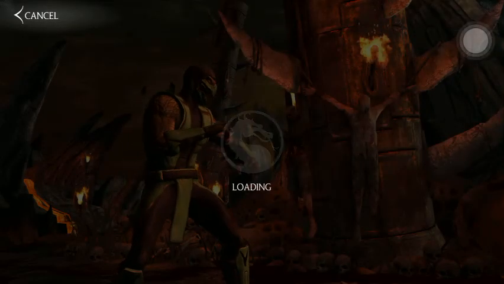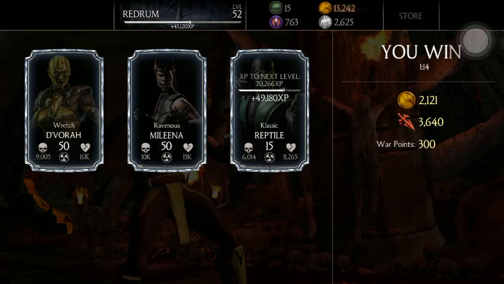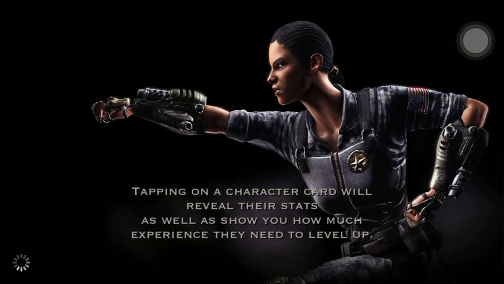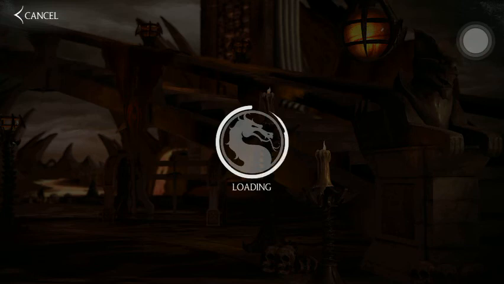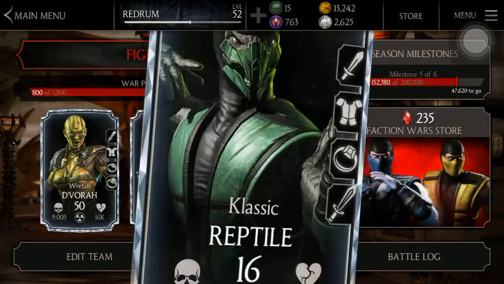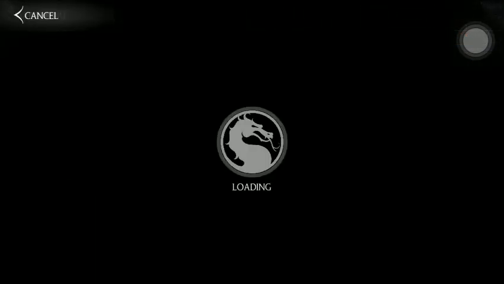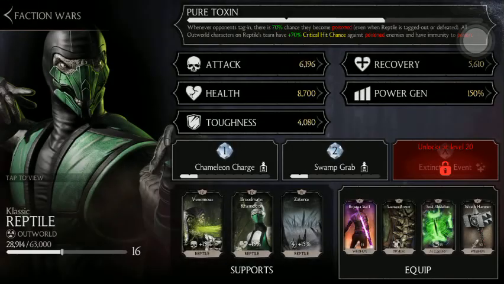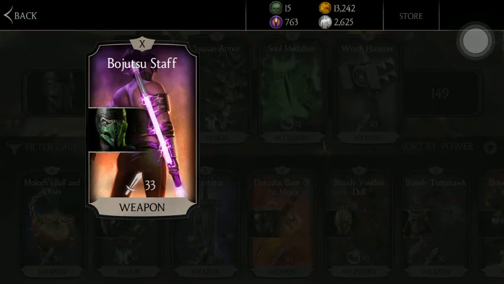I want to keep playing. I want to keep playing this team. I wonder if he's got a new X-ray. See if it's got a different name. Reptile. If it's the extinction event, then nope. It's extinction event. Oh, that's something I forgot. I didn't need to give Reptile